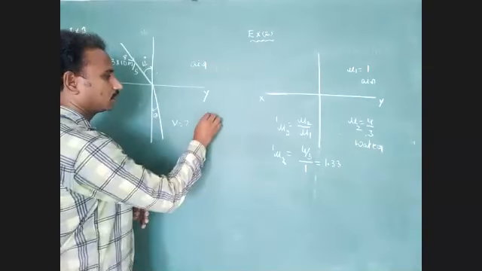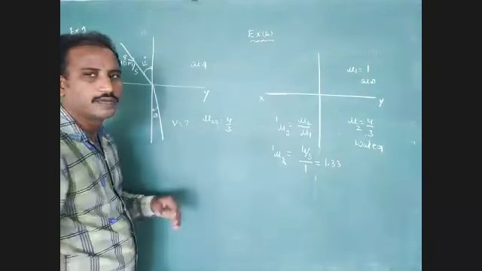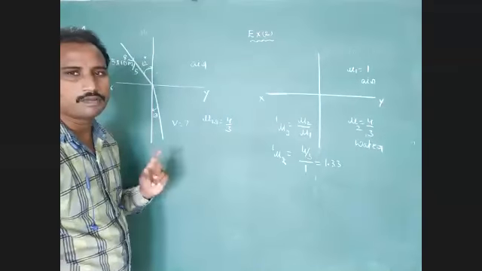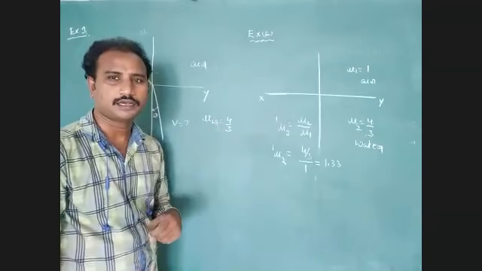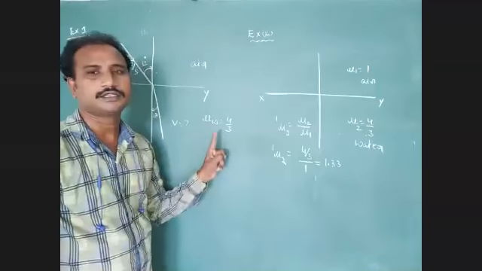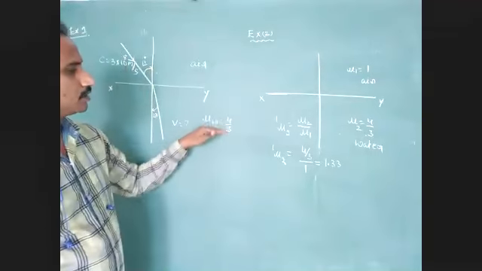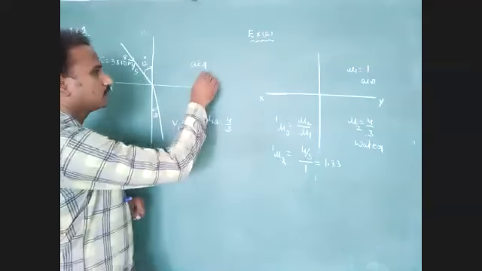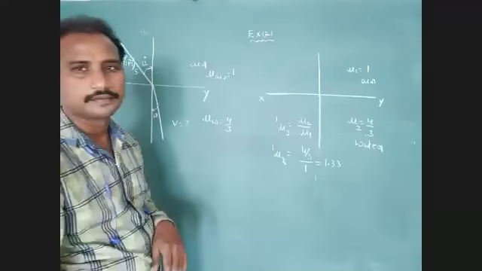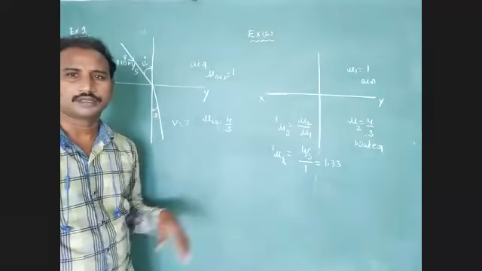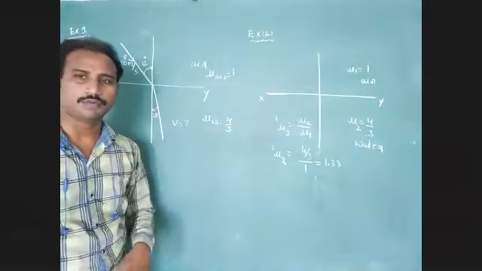The refractive index of water is 4 by 3. It is a fixed value. Every optical medium has one fixed value. Just like mass density, optical density is also constant for each substance. So the optical density of water is 4 by 3, and the optical density of air, or refractive index of air medium, equals 1.